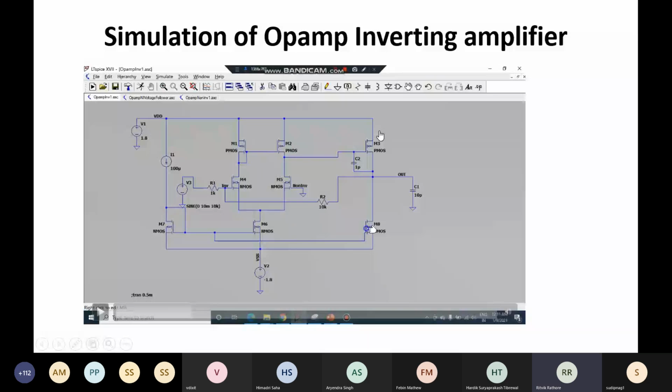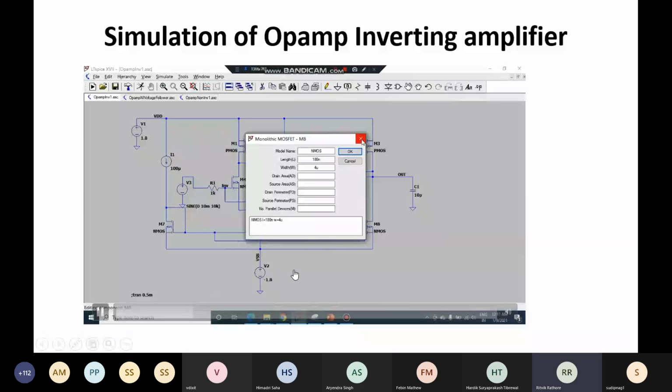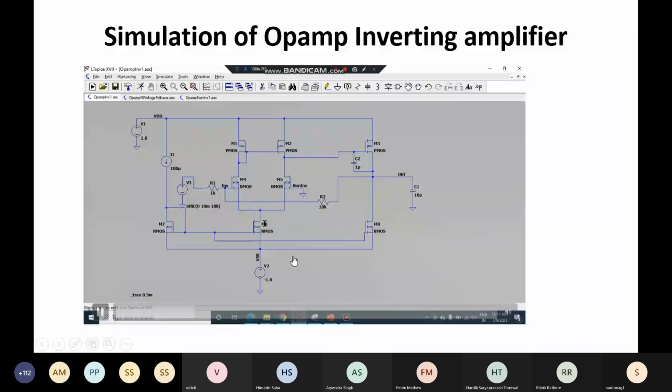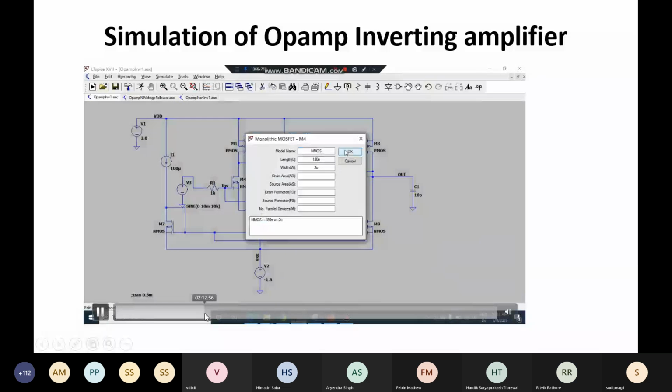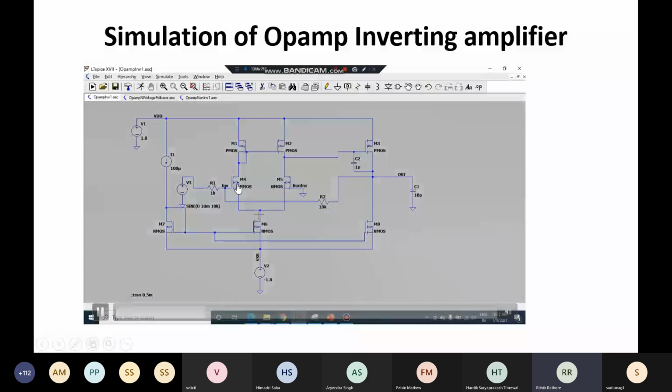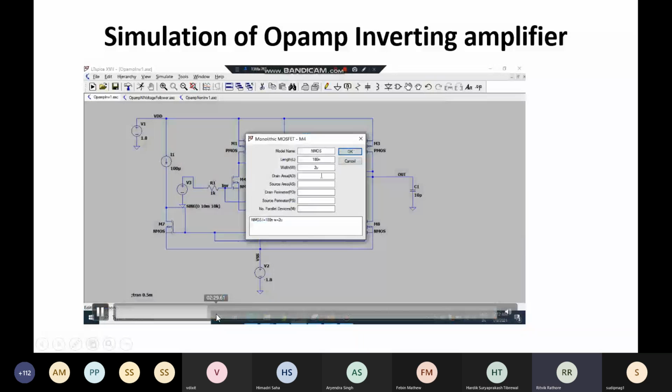Okay. Now again, through the M3, we are having 100 microampere of current. So M3 is also chosen to be 4 micrometer. Okay. By default, gain dash and KP dash in LTSpice is same. Okay. So we are not accounting for mobility here. That's why the sizing of NMOS and PMOS is same. Okay. So as you can see, M4, M5, these are 2 micron in width.